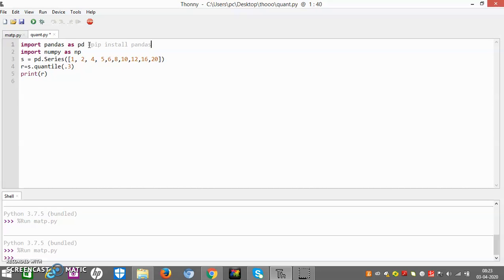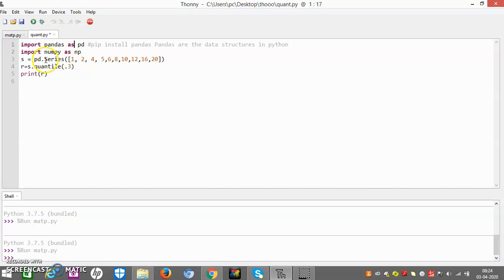Pandas are data structures in Python. Now we have imported the NumPy package, and we have imported the pandas package as pd.